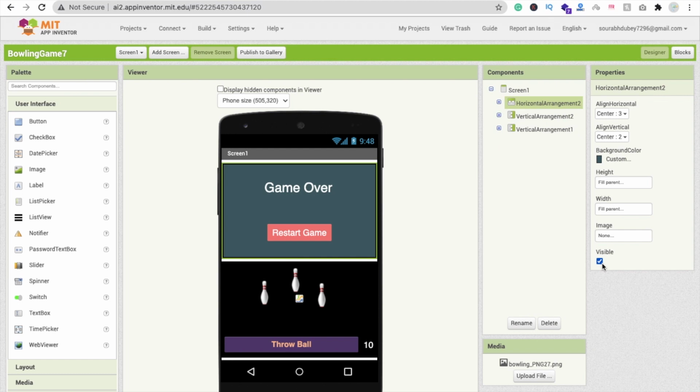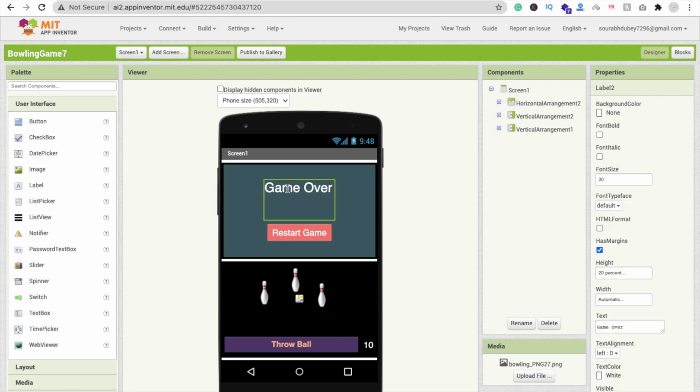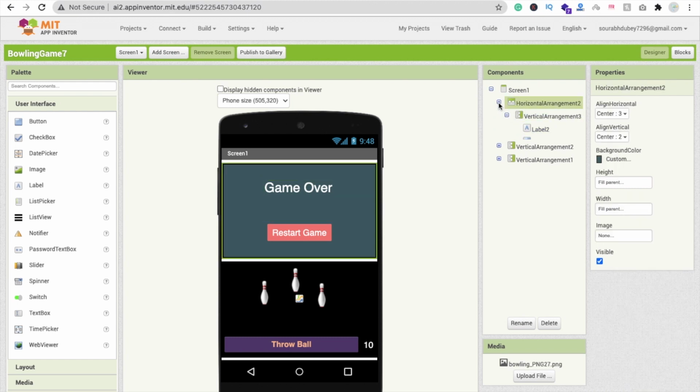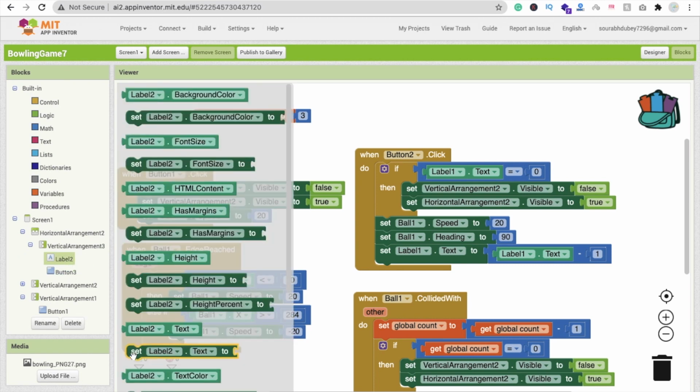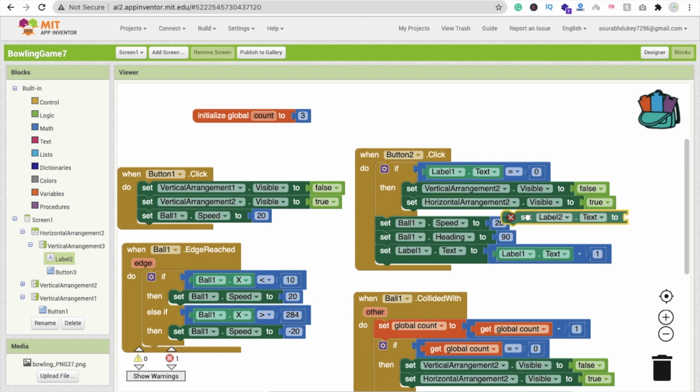We can change game over text, this label 2 text, to win. So go to the blocks and here you can see the label horizontal. Go to label 2 and set this label 2 dot text. Okay, simply.